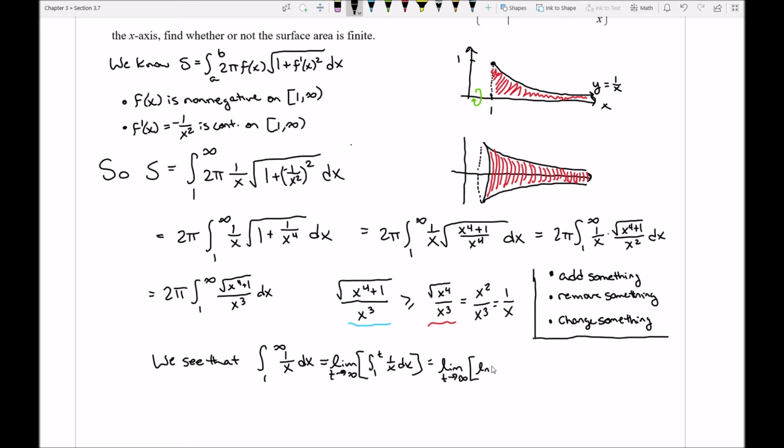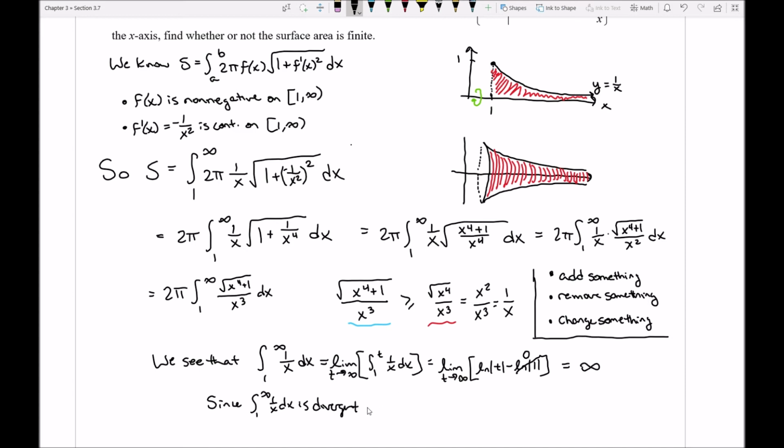Natural log of the absolute value of x. I'm just going to go ahead and replace my bounds in for that value of x, and I end up with this. Now, natural log of 1 I know turns into 0, and natural log of t, as t goes towards infinity, is infinite. So since the integral from 1 to infinity of 1 over x is divergent,